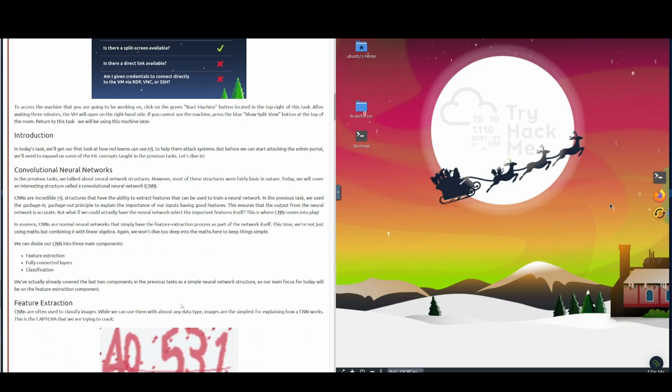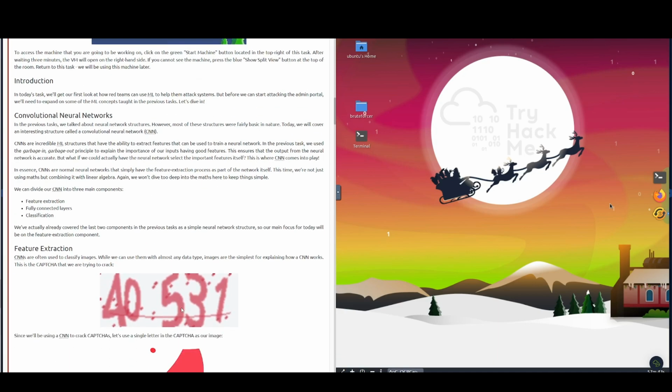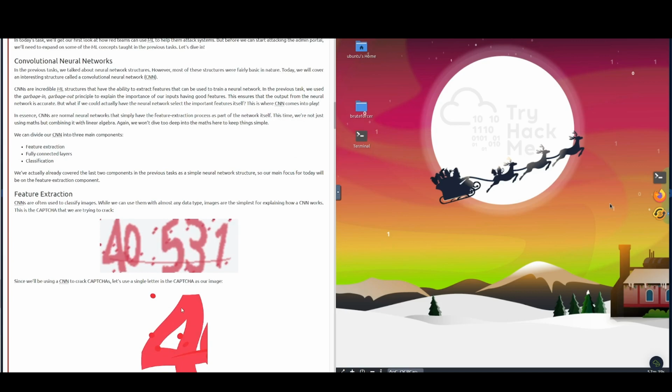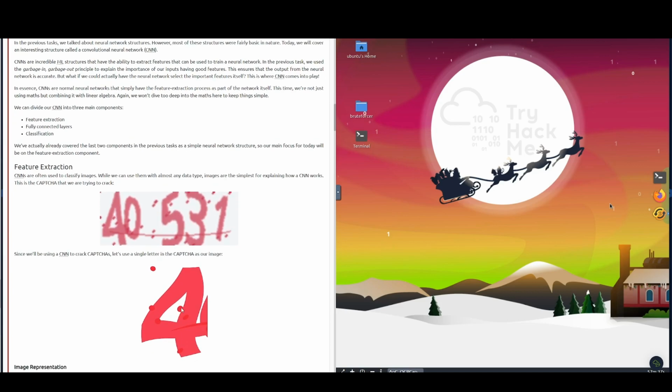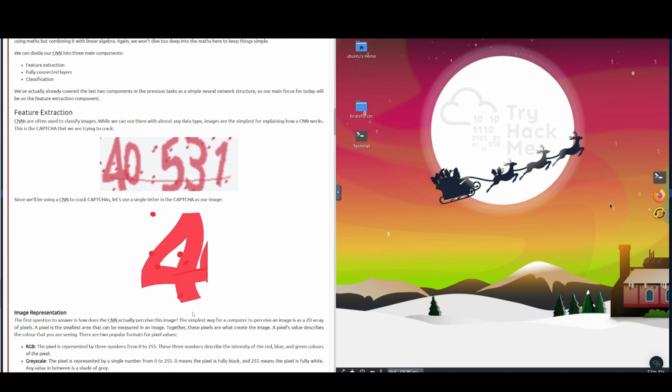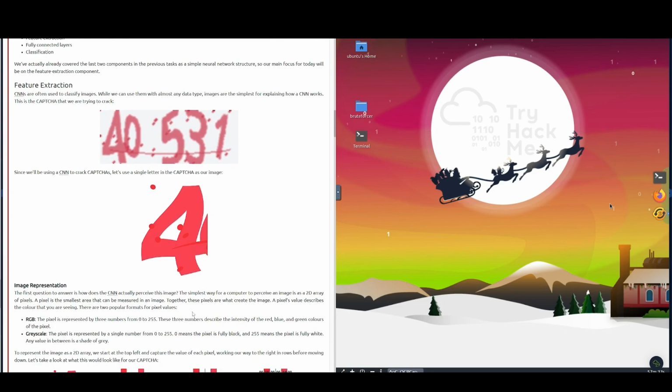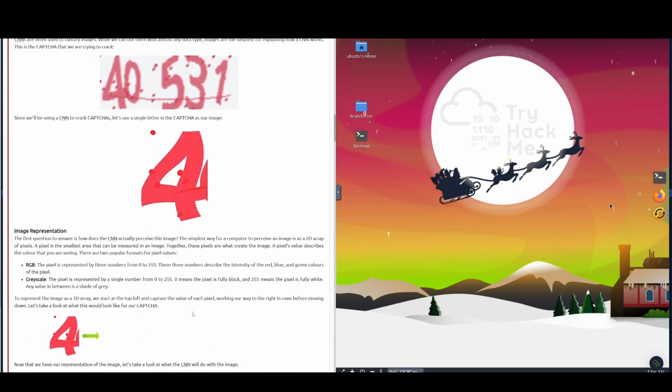We have already covered the last two because we had worked with neural network structure, and so we are normally familiar with that. However, the first one is the most interesting one because it's going to be taking an image, which is going to be the captcha, and we are going to try to recognize numbers out of it. So first, the idea is to